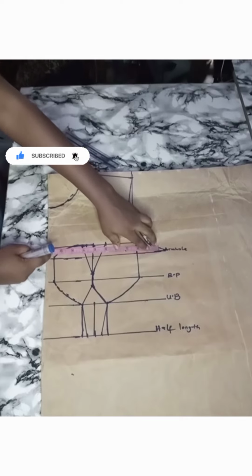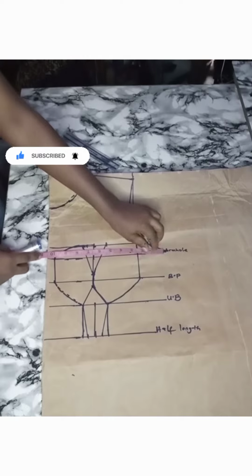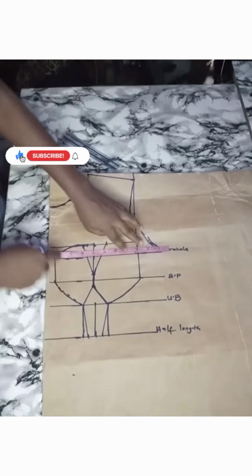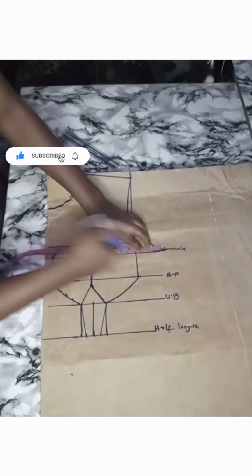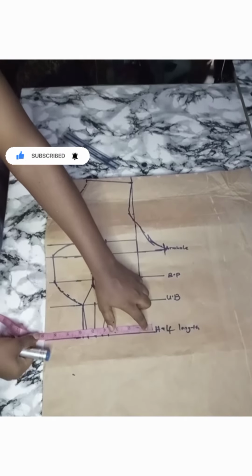Now I'm taking my measurement. My bust measurement is 34. 34 divided by 4 was 8.5. Then I added 2 inches allowance to that measurement. Then at my